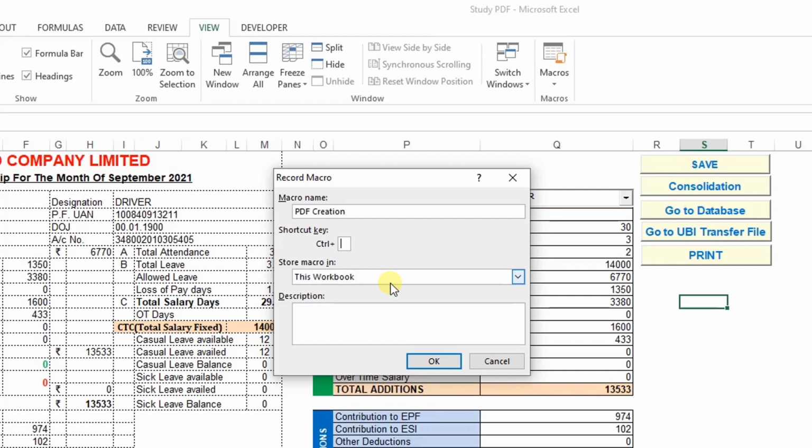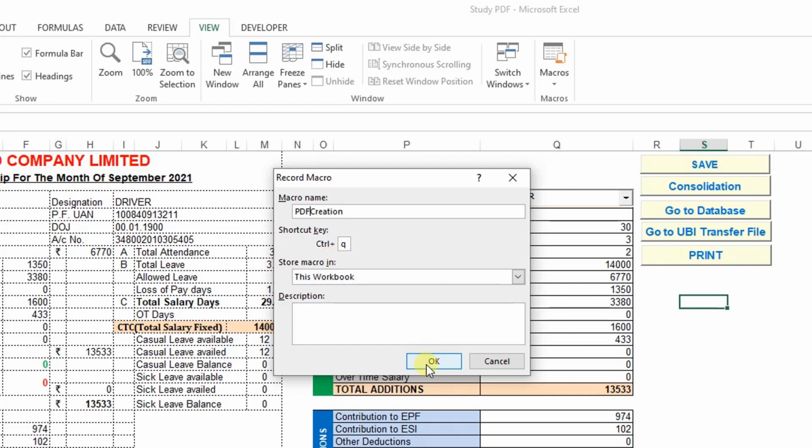M has no function. Next is J. J has no function. Q, there is no function. So the shortcut key we have to assign here should be Q, J or M. Here I am assigning Q, Control Q. I will explain the need of this shortcut key; you can understand automatically after seeing this function. Now I assigned Control Q.